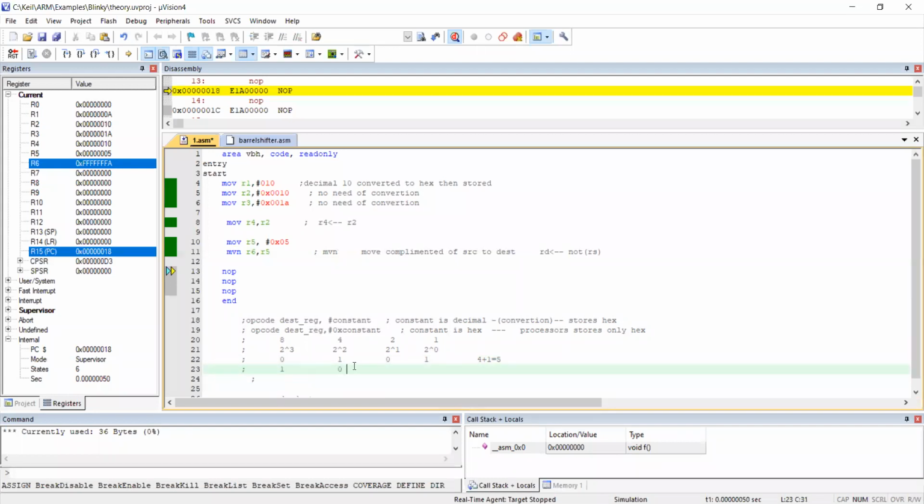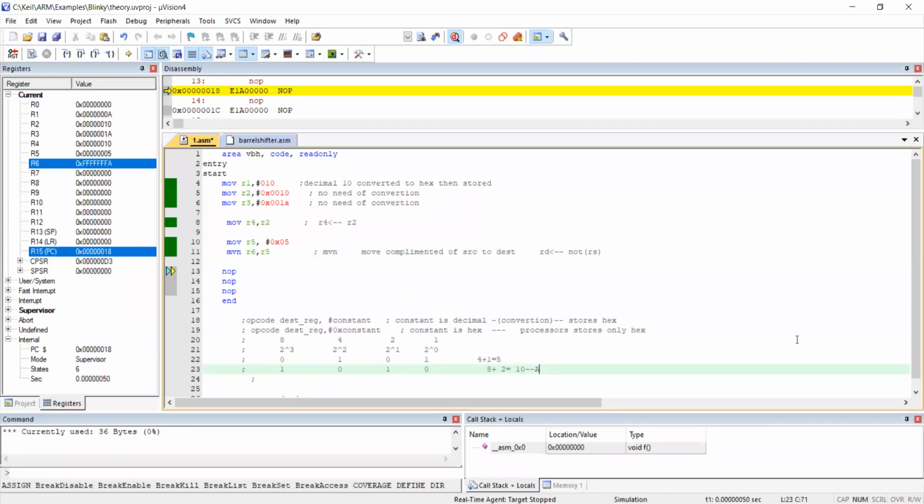Here 0. Next is what? Next bit I have is 0, hence 1. Next bit I have is 1, hence it is 0. So what is the equivalent? How to calculate? 1 into 8. So here I will get first 8, plus 0 into 4, leave it. 1 into 2 is 2, plus last 0 into 1, hence it is 10. 10 we don't have, so we have A.